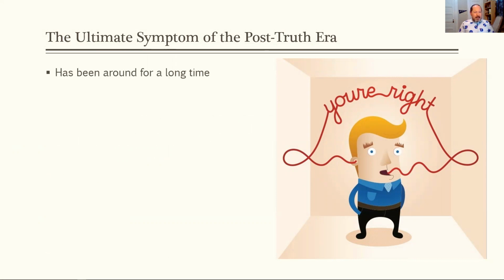Denialism has been around for a long time. In fact, one of the papers that I provide to you will give you examples of denialist claims throughout history. Now, some that I mention, like for example, flat earthers or anti-vaxxers, are not a new thing. There was an anti-vaccination league a long time ago. Some of these go back to the 19th century, more than 100 years ago. Same with the Flat Earth Society, right?